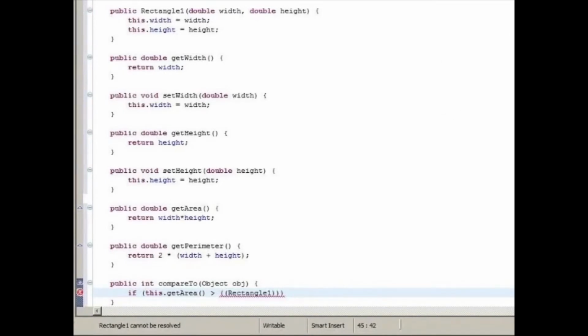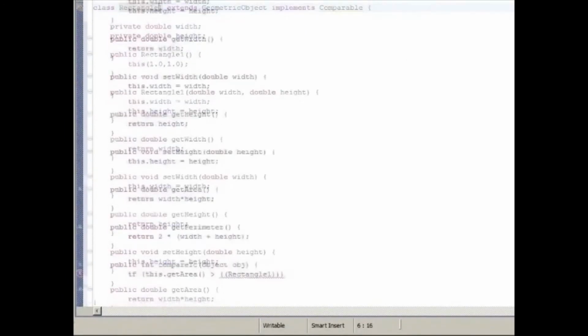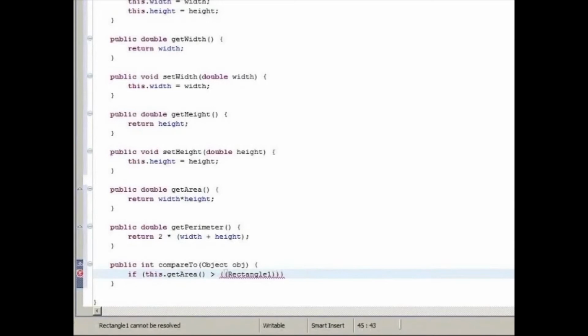Actually, just before we go any further, I've just realized that really... no, actually, never mind, let's just continue. Sorry, I'm getting a bit lost. So there's the end of the typecast. So we're typecasting obj